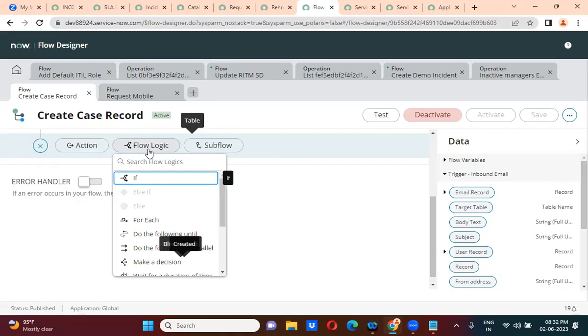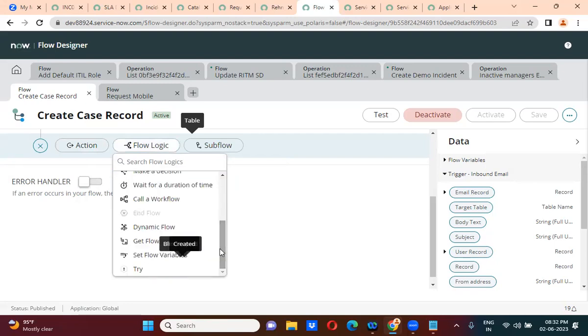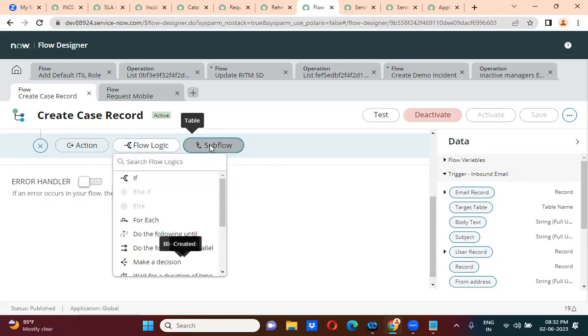else, and we have for loop, while loop, do while loop, wait for condition. So these are flow logics. These are JavaScript related flow logics. Okay. So here, subflow,